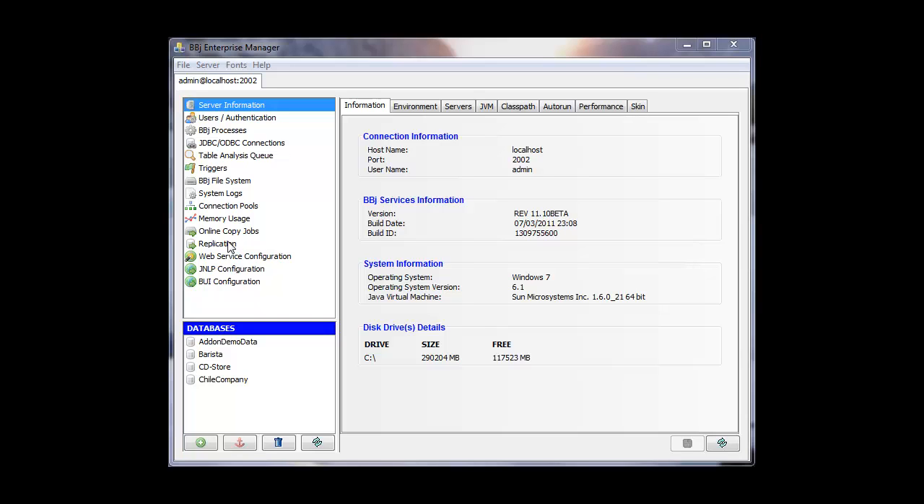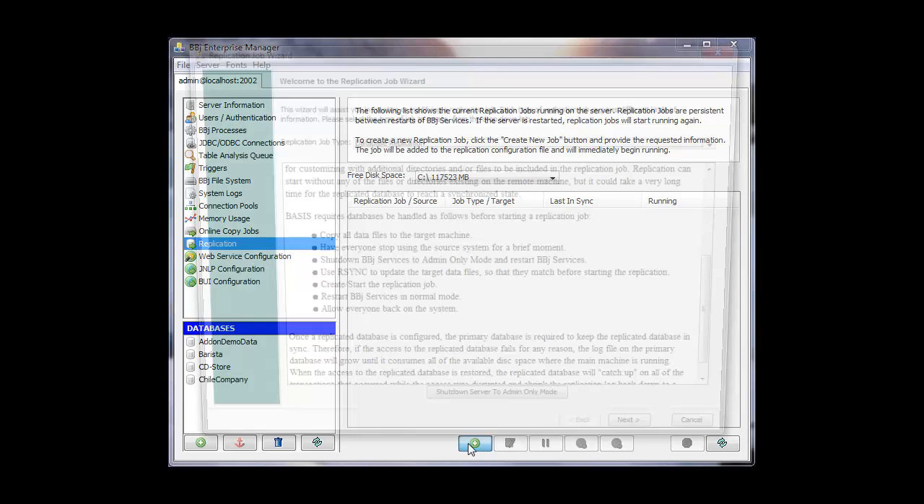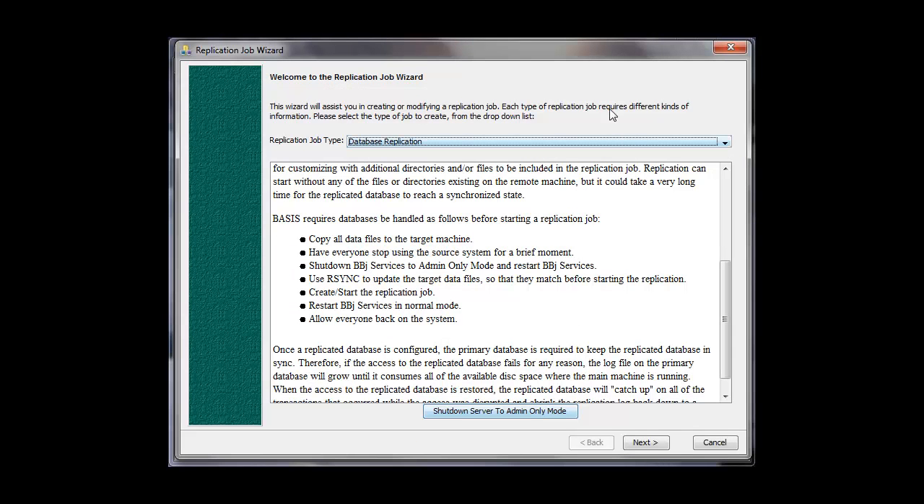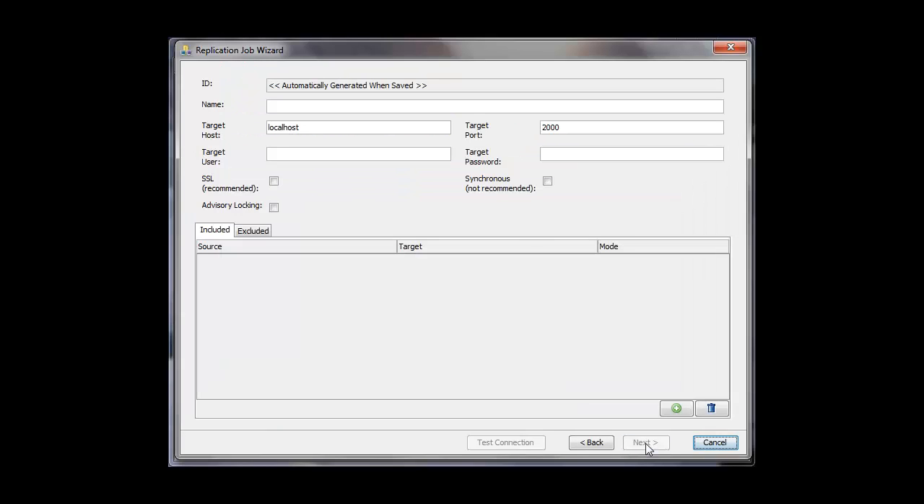All you need to do is log into the Enterprise Manager, click on the replication node here, click on the Add button, and now we're creating a job. We give you a nice handy wizard here to help you create the job. Our first example, we're going to look at a directory or file replication where we're going to replicate a simple directory of BBJ or BBX data files. The first thing we need to do is give it a name,